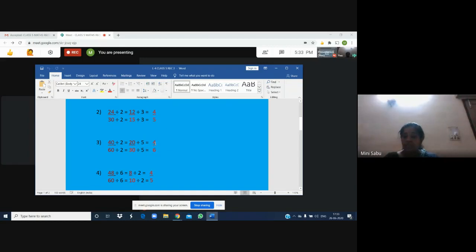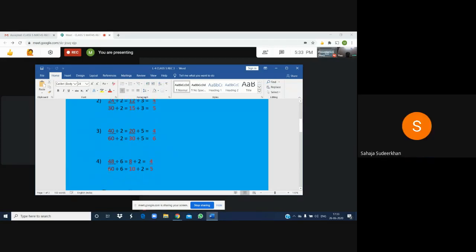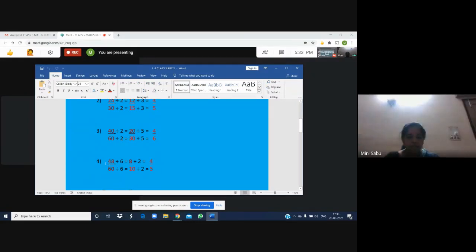And see this 4 upon 6. Children, what do you think? Can you make it still smaller by division? Yes, you can divide this by 2, this by 2. 4 divided by 2 is 2. 6 divided by 2 is 3. 2 upon 3. And after that, we can't do more. It will come to a stop. Did you understand, children? Yes, ma'am. Very good. You are very carefully listening.